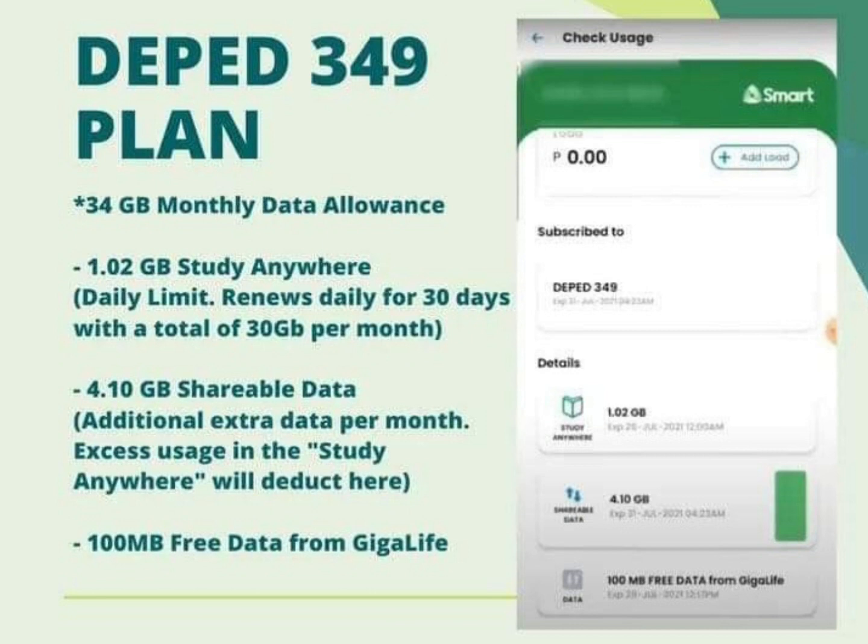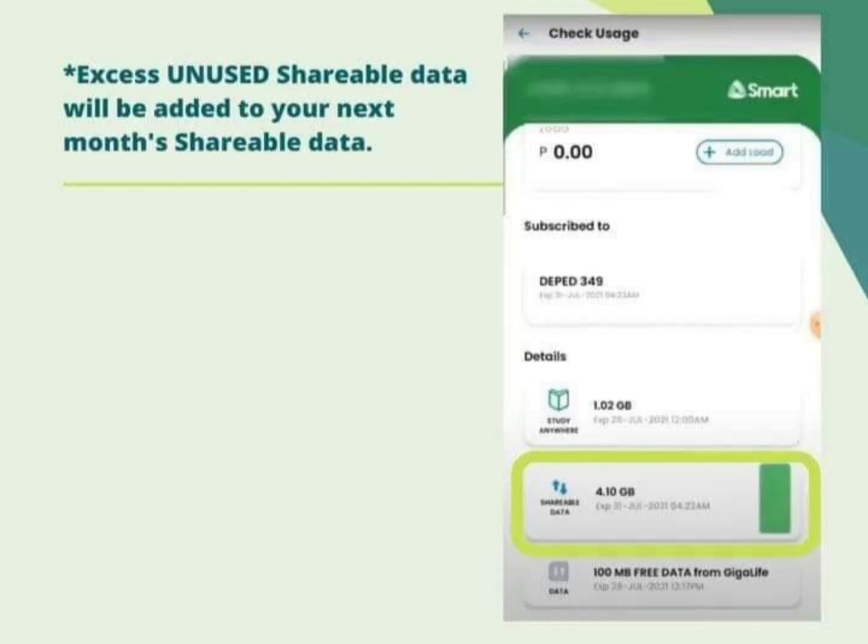DepEd 3491. It has 34 GB monthly data allowance, a 1.02 GB study anywhere, a 4.1 GB shareable data, an additional extra data per month, the excess usage in the study anywhere will deduct here, and a 100 MB free data from Giga Life. The excess annual